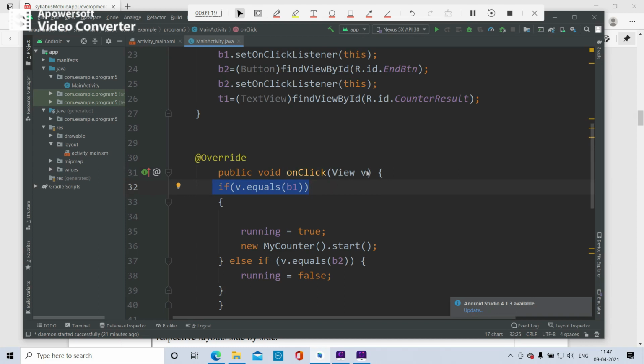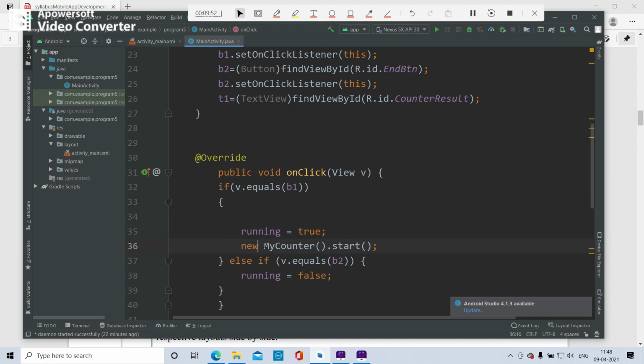If v, meaning the view object, equals b1, meaning if the b1 button is selected, what should we do? We need to make running equal to true, because now the counter needs to start, and new MyCounter.